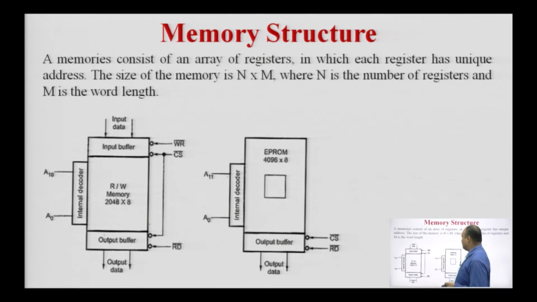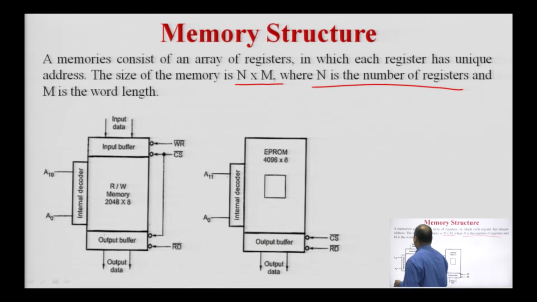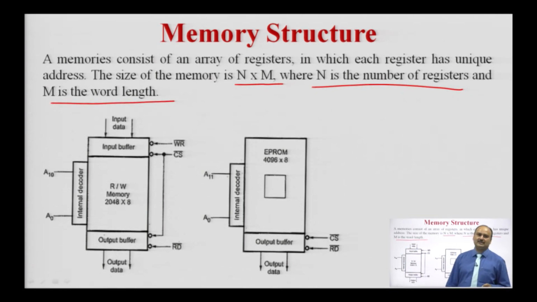So, here the size of the memory will depend upon n cross m, where n is the number of registers and m is the word length. So, n is the number of registers, meaning the capacity of the memory, for example 2048 cross 8. This 2048 is the number of registers used. So, it is generally 2 kilobytes of memory, and each register has the capability to hold an 8-bit